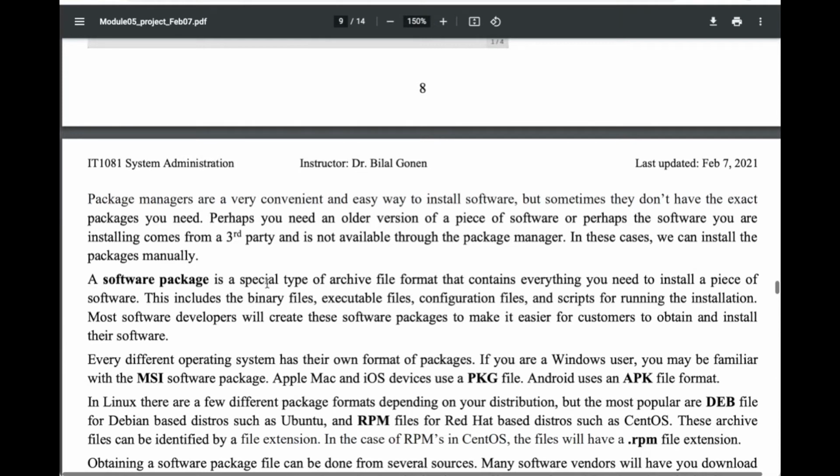So a software package is a special type of archive file format that contains everything you need to install. Just to give an analogy, consider this similar to a zip file. You unzip a zip file, and then you get all the files and folders that you need. Similar idea: you have a software package, everything is put together, and then you just install from the